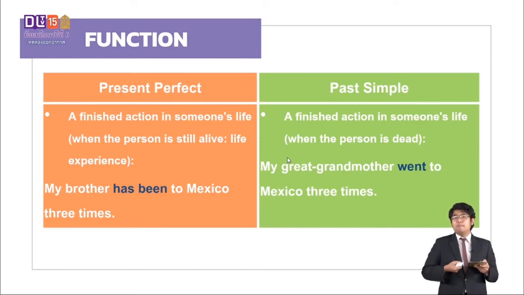For example, my great grandmother went to Mexico 3 times. อันนี้เป็นเรื่องเล่าอะครับแค่เล่าว่าเขาเคยไปอะคุณทวดเนี่ยเคยไปเม็กซิโกมาแล้ว3 ครั้งซึ่งตอนนี้คุณทวดอาจจะไม่อยู่แล้วนะครับ โอเค